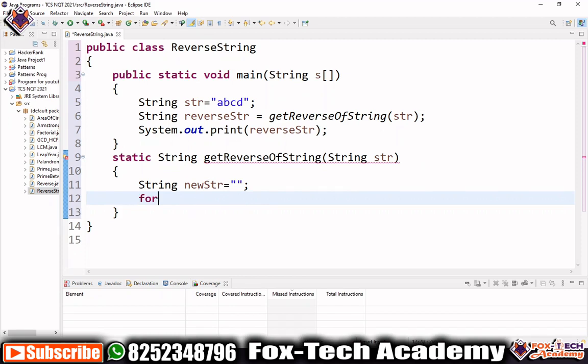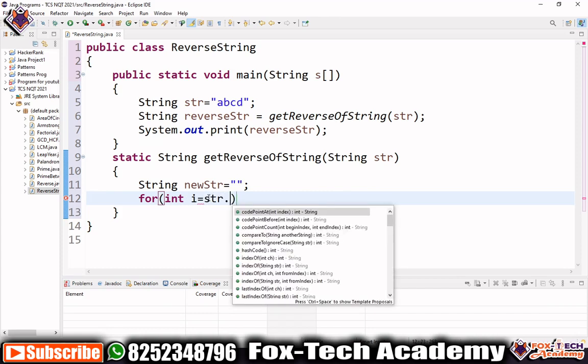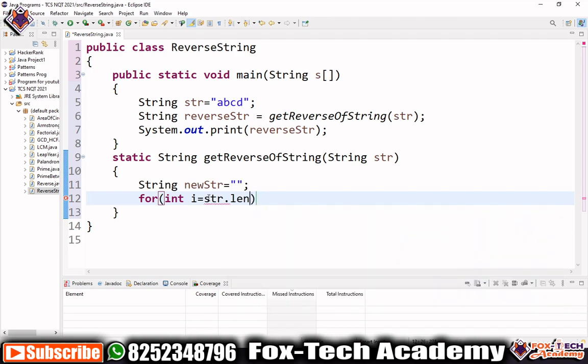So let's run a for loop. We will start with int i equals, so we will start from the last index of the string. We will put str.length, which gives us the total length of this string.